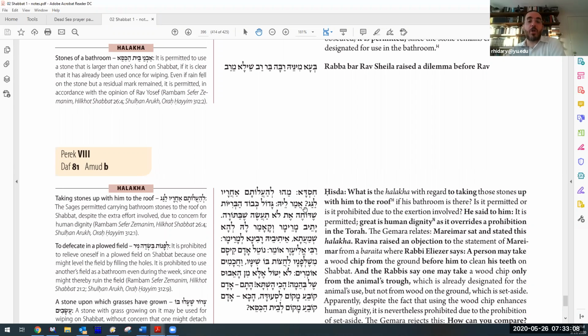Can you bring these stones up to the roof if one wants to relieve himself on the roof? The problem is, number one, mukseh, but also there's a tirha. It's a lot of work in carrying these stones up to the roof, and Shabbat you should rest. And here's